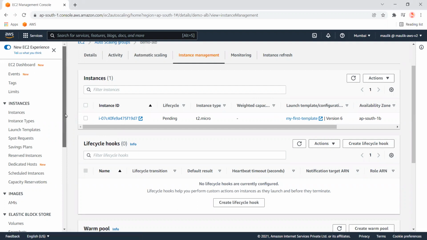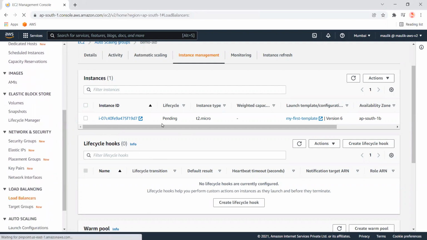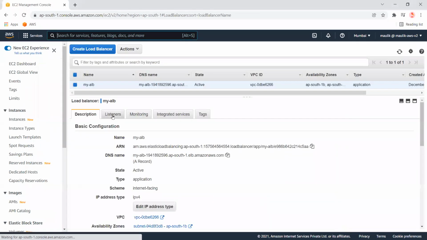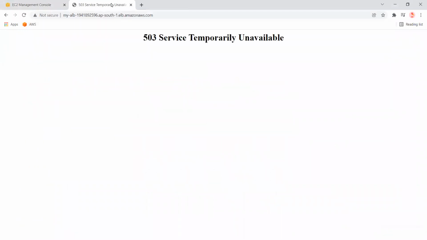Now let's see whether it is accessible or not. It's still launching, so let's wait for a couple of minutes. So it is created and it's working fine now.